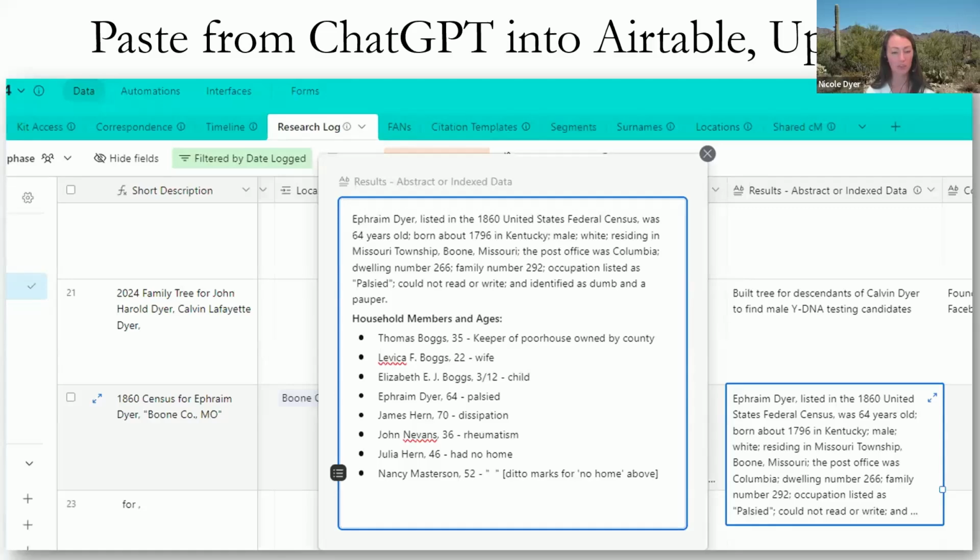So I did take this one from ChatGPT and pasted that one into my results. And then I went and added all the information I found on the original image. So everything highlighted in green is stuff that I added after taking that transcription and having ChatGPT help me with it. So there's many things you can do depending on how important this record is to you and to your